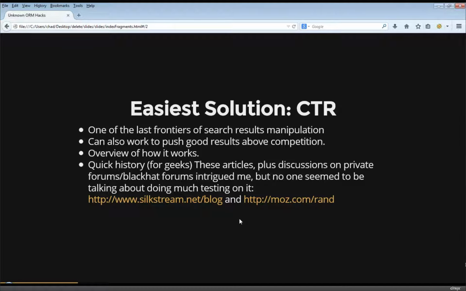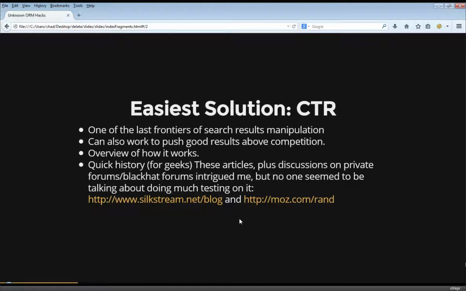And this is really one of the sort of last frontiers, if you will, of search engine results manipulation, is manipulating things like click-through rate, bounce rate, and things like that,